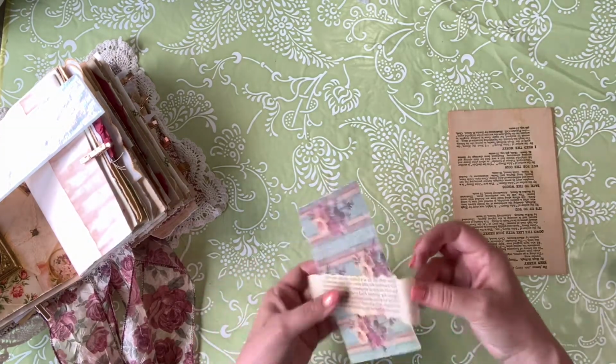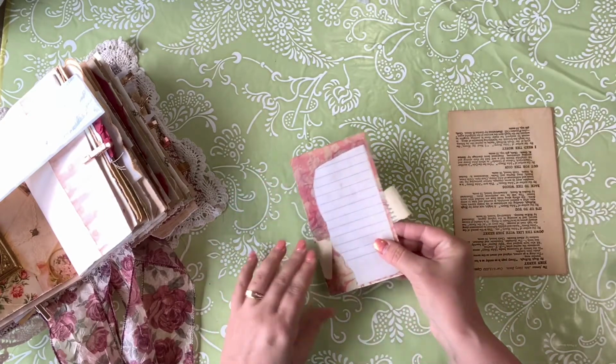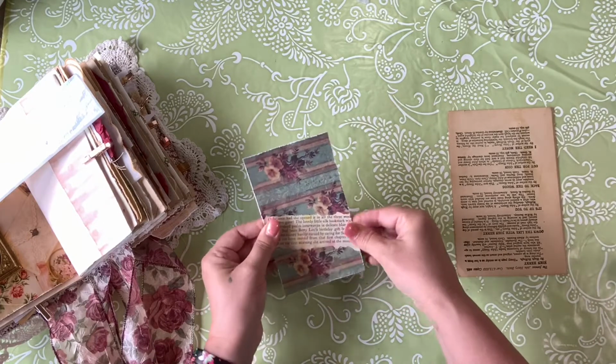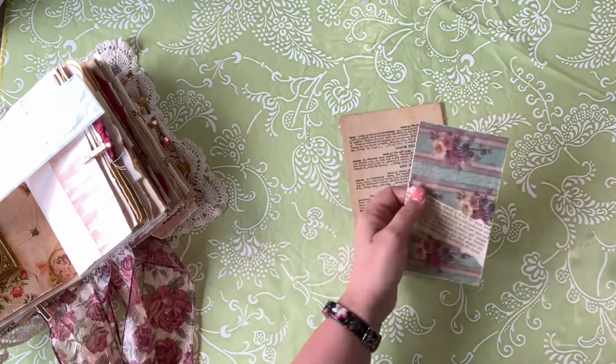So now, since I let that dry for just a bit, I'm thinking, yep, I'm just going to wrap that around, because with that old wallpaper look on the front, I think that it just works really well. I like that so far. All right, and I'm going to do the edges